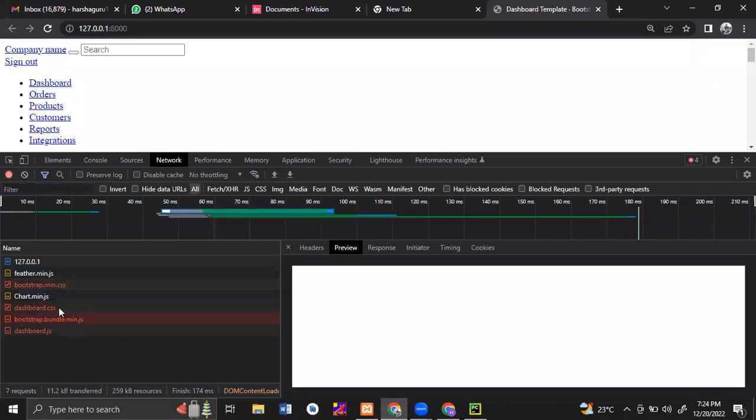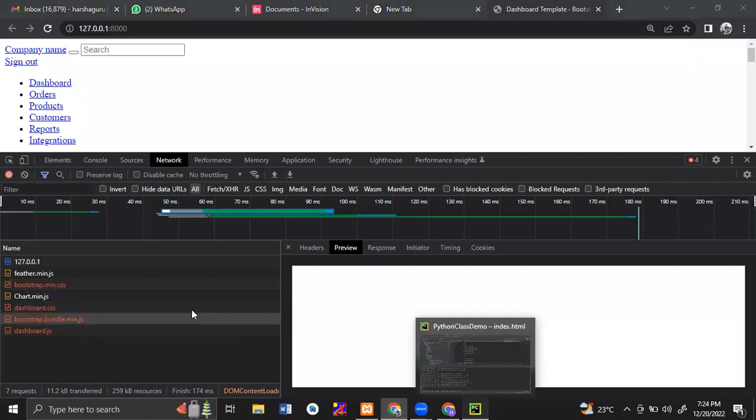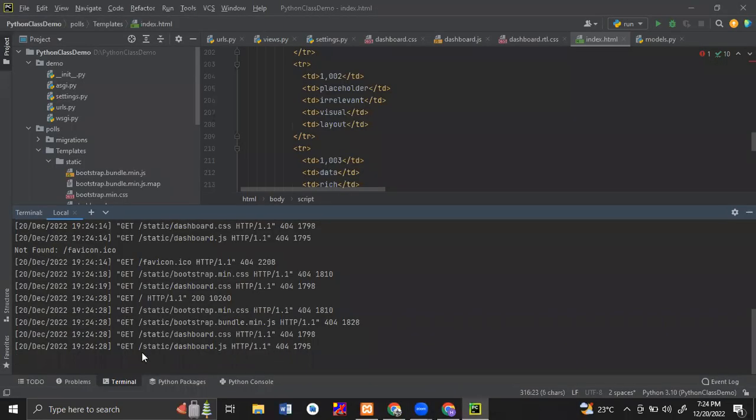So for all these static files, the browser is not able to fetch the source code. Even it is saying 404. So from which folder is it trying to take? From static dashboard.js. So from here it is trying to take. Okay, so now we need to do the